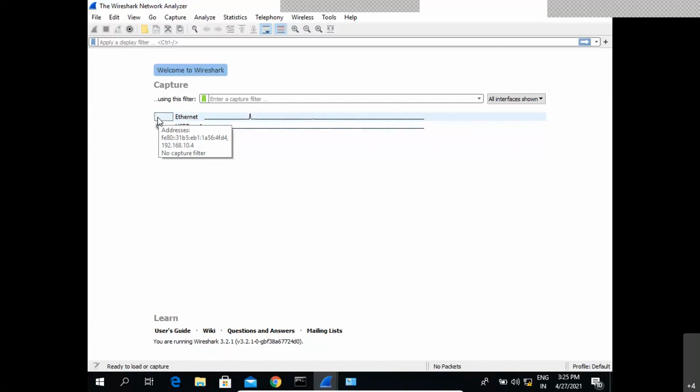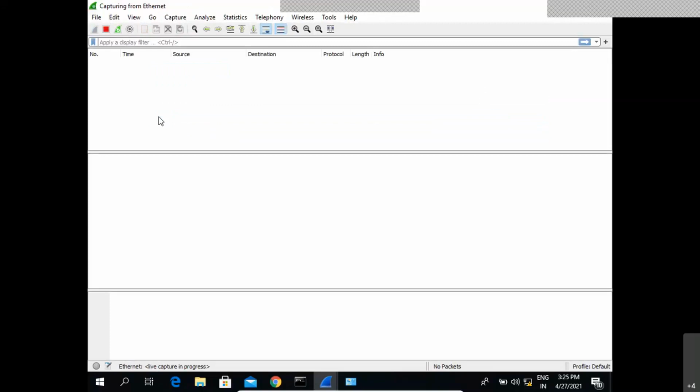Why this window is also important is that in some instances, 2 or 3 adapters may be added to a particular desktop or laptop. So according to the kind of adapter, we need to select which adapter is really required to start or check the communication. In this case, we are going for this Ethernet adapter. Just double click on the adapter on which we want to see the communication. Right now we can see there is no communication generated here.